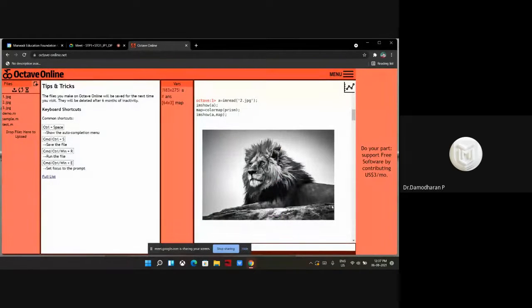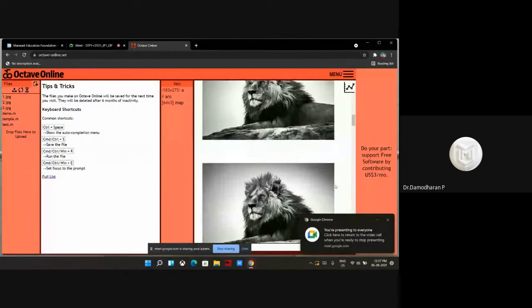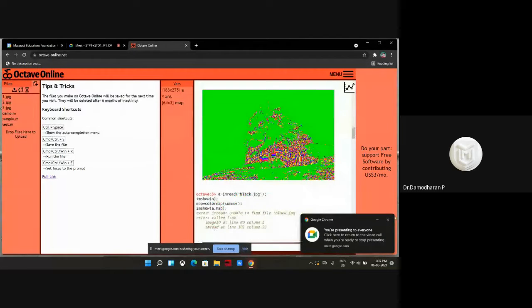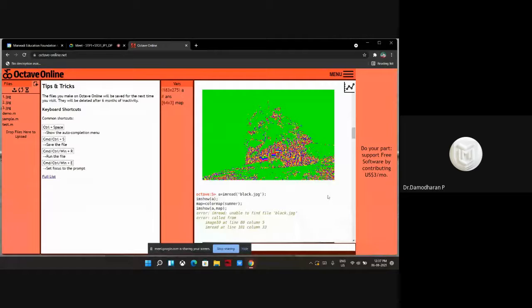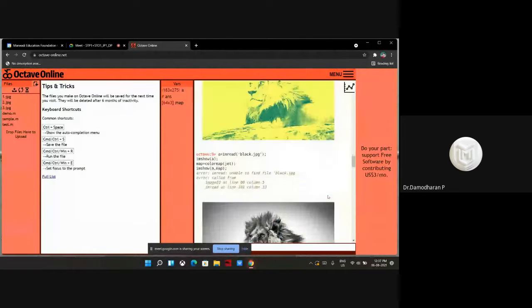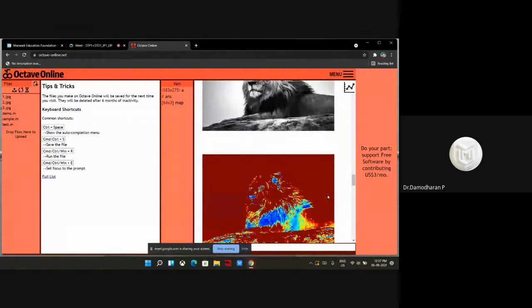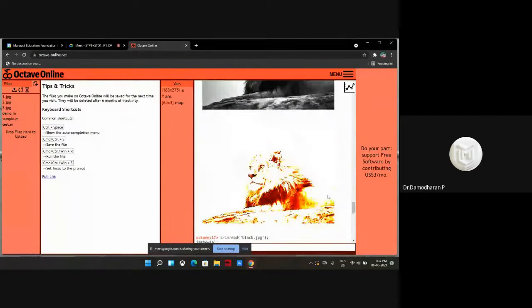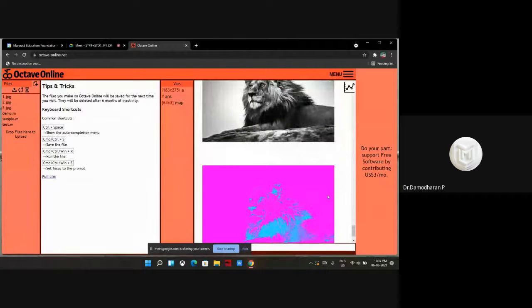Yes, Srinarayanan. Okay, move on. You can try to work with winter or cool map. Okay, fine. Yes, thank you, Srinarayanan. Good. Okay, fine, thank you.